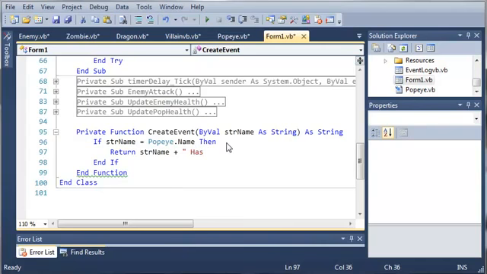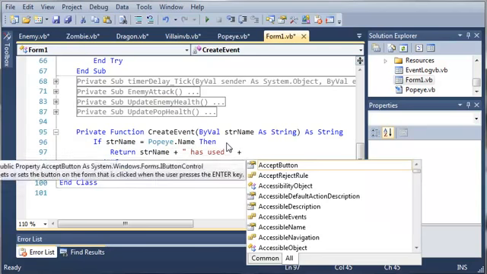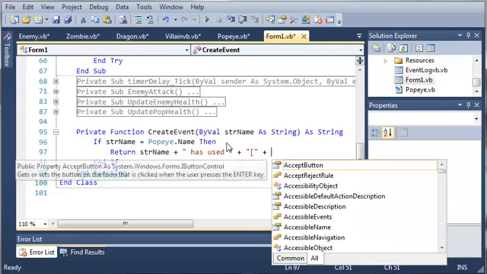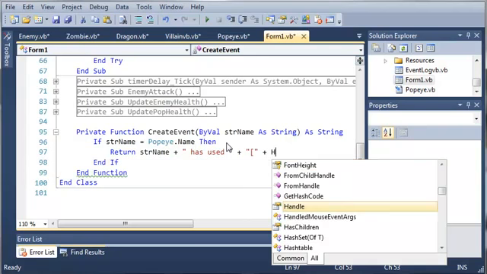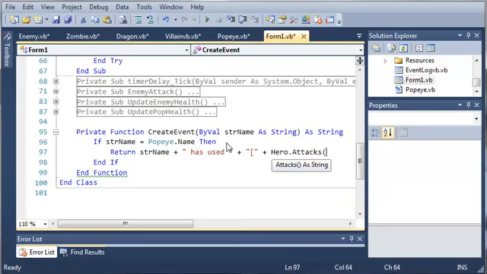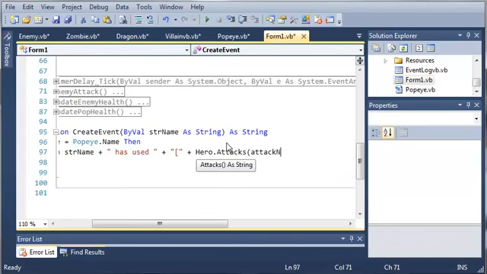So we'll just say has used, and now what we want to add is the attack. So we'll just enclose it in brackets so they can easily distinguish it from other parts of the log. So what we can do is hero dot attacks at the index of attack num,